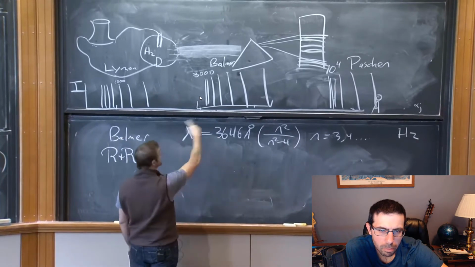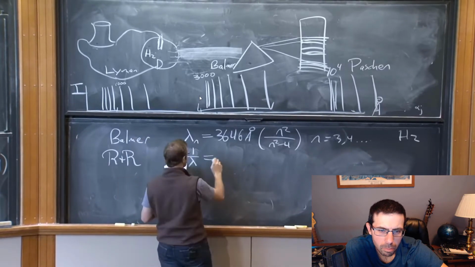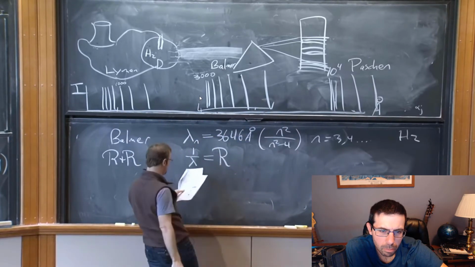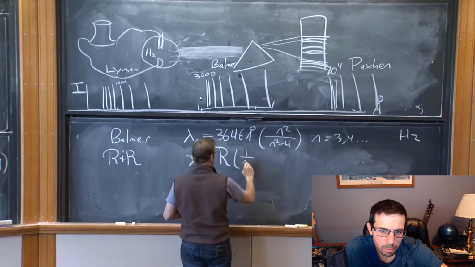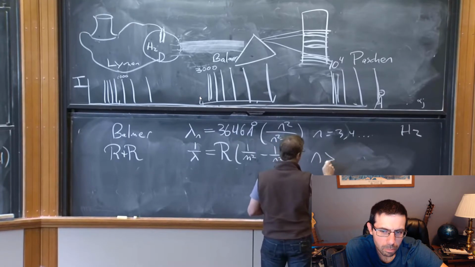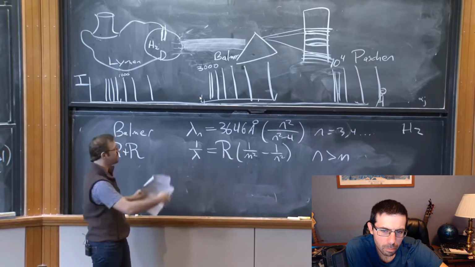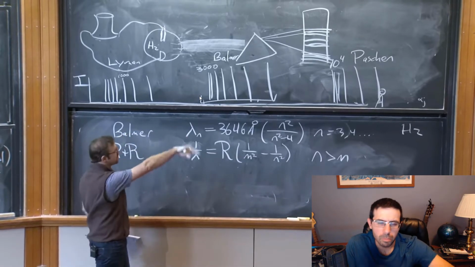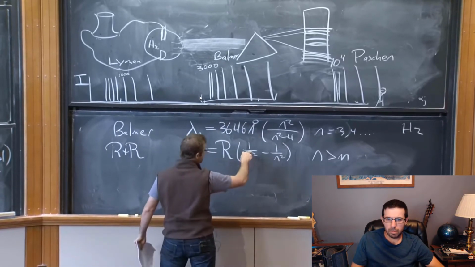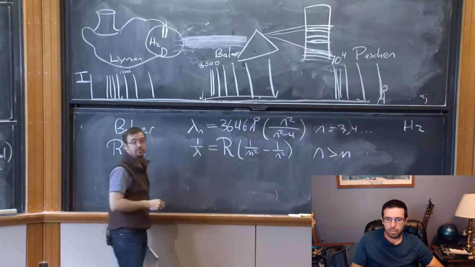Now that they realized that this is true, they looked at the whole sequence and they found a really neat little expression, which is that 1 over the wavelength is equal to a single constant parameter, not just for all these, but for all of them, one single numerical coefficient times 1 over m squared minus 1 over n squared. n is an integer greater than 0 and in particular greater than m. And if you plug in any value of n and any value of m, for sufficiently reasonable, I mean, you put in 10 million and you're just not going to see it because it's way out there. But if you put in any value of n and m, you will get one of these lines.